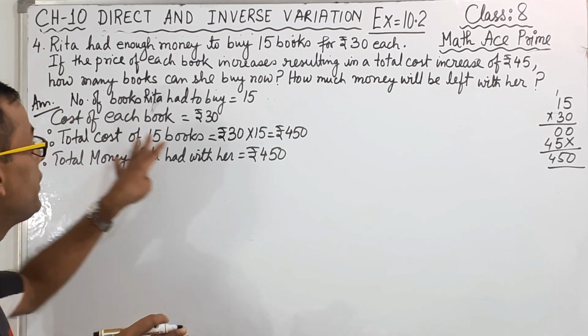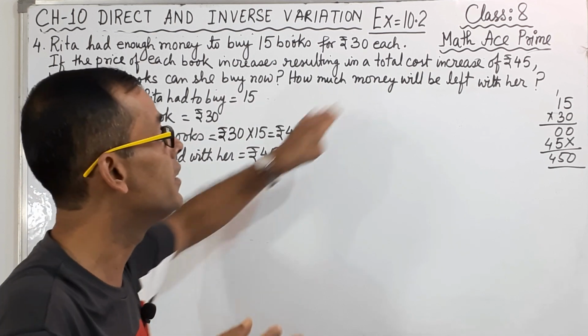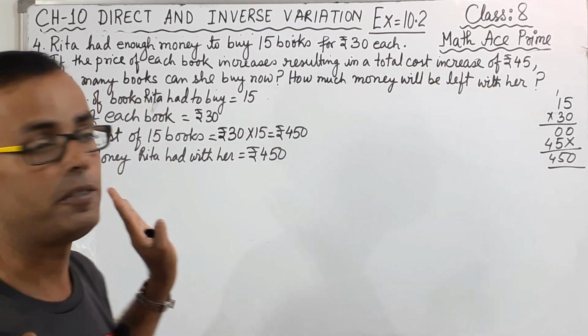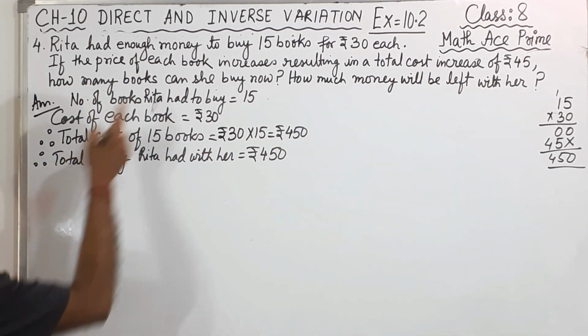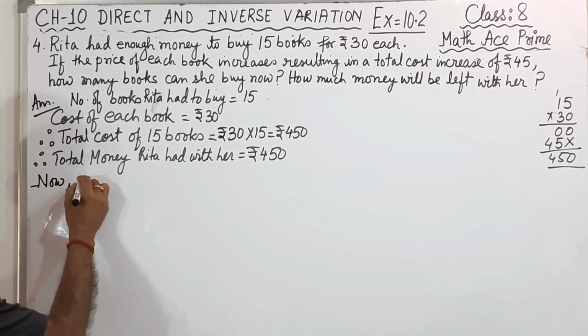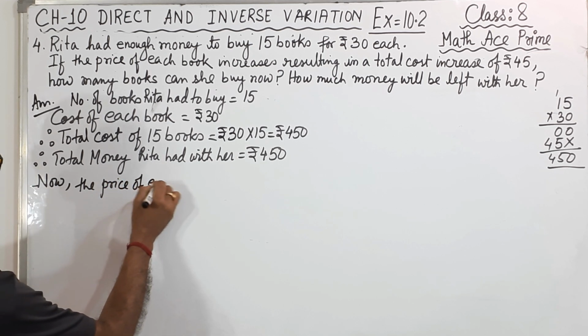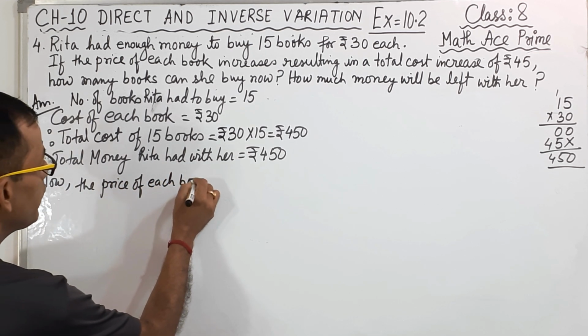Suppose total cost here to buy 15 books, what is the total cost? 450. So total cost is increasing by how much rupees? 45. Okay. So now we will write that condition. The price of each book